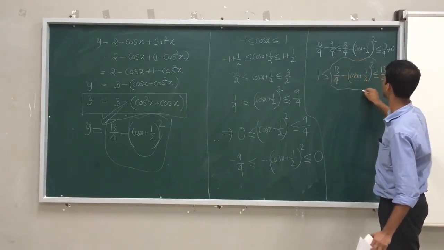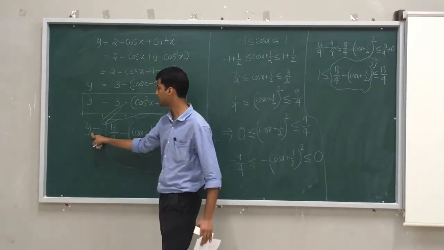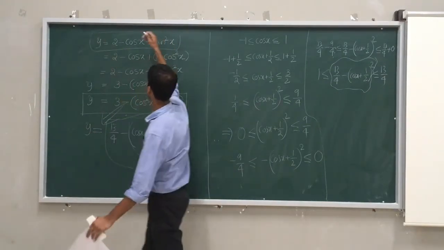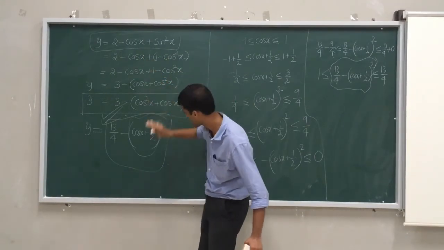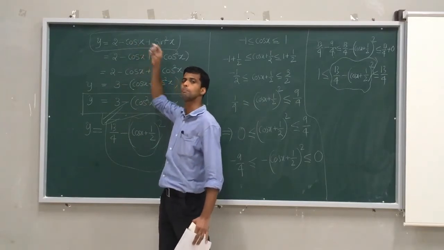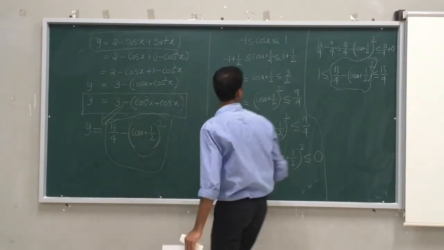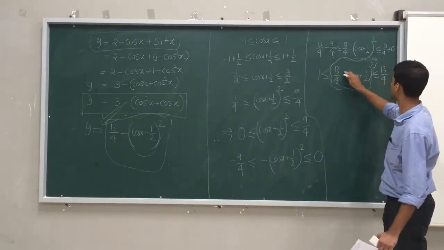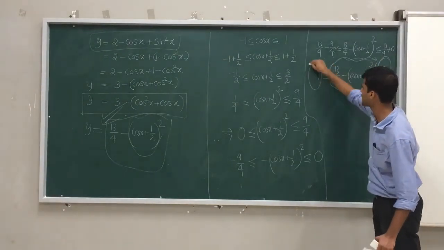What is this expression? This expression is y. It is the next version of this question. Yes or no? This step, this step, and finally this step become this. Anyhow, both are the same only, no? Because of my knowledge, I simplified it as best I could. So I got to know that this expression is my given question. This given question's maximum value is 13 by 4, and its minimum value is 1.